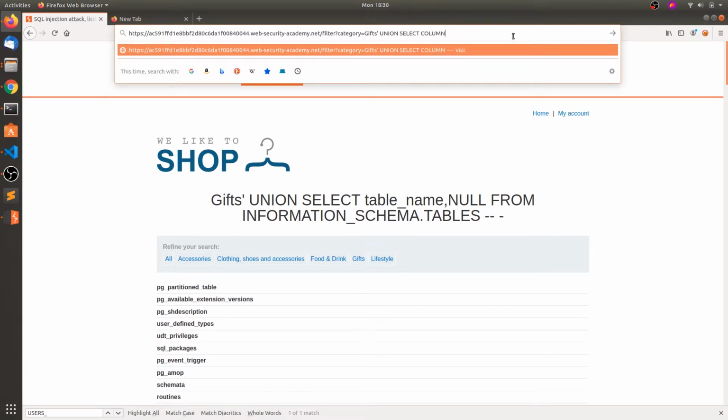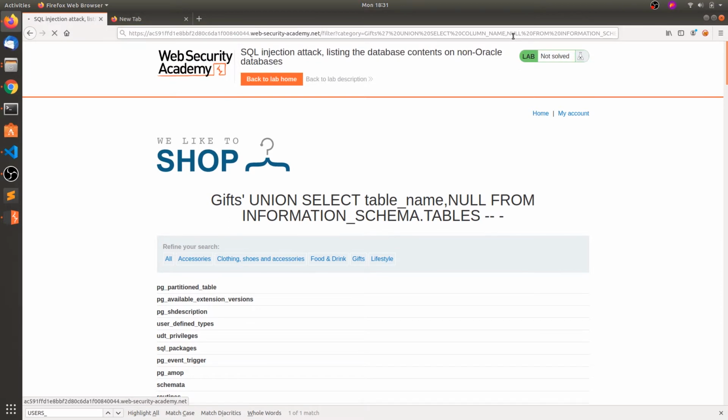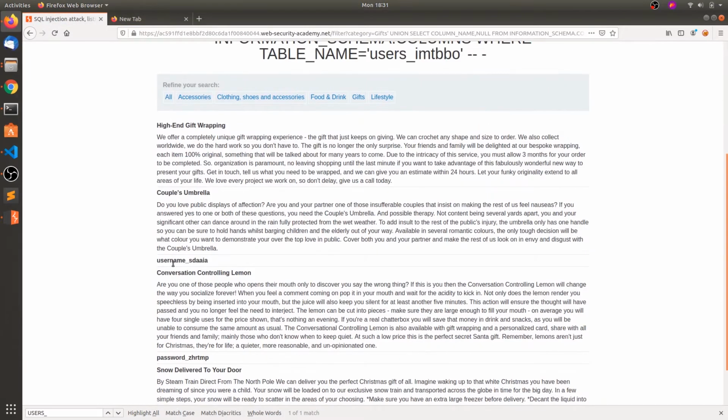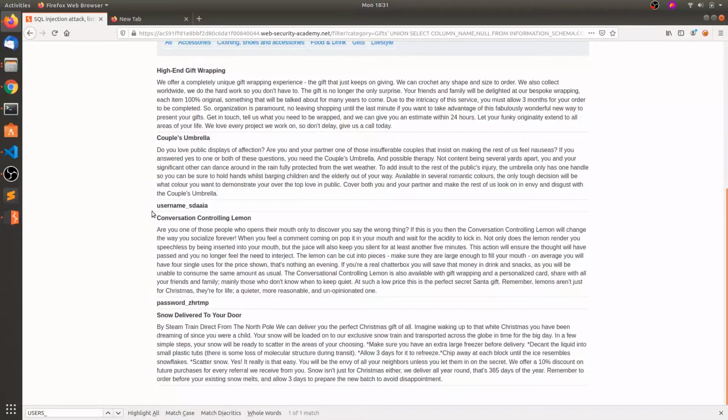Select column name, null from information_schema.columns, where table name is this one, and hit enter. Now you can see all the columns: username and the password. So these 2 are the columns.